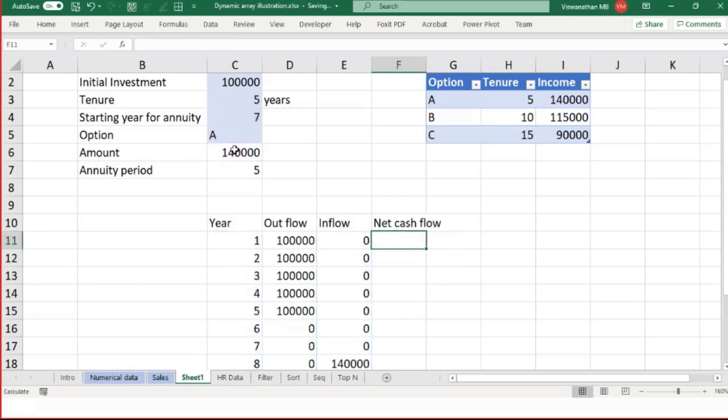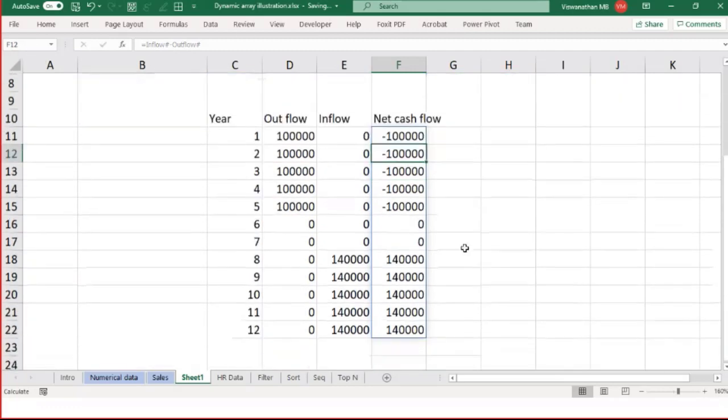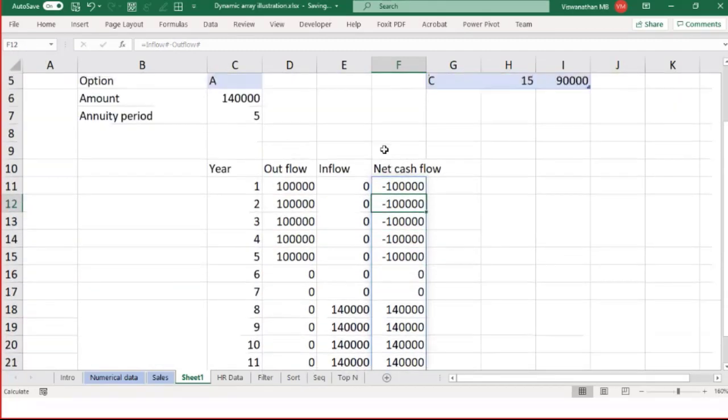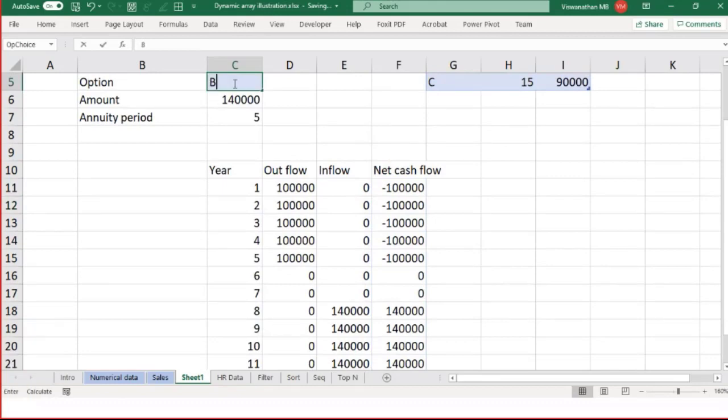We've got this, and our net cash flow is going to be inflow minus outflow. I'll call this range cell as inflow and this one as outflow. I'm going to put my net cash flow as inflow spill range starting at inflow minus outflow. Now you can easily get an IRR of this range or anything you want to do. So as people play with their options A, B and C, now things automatically update.